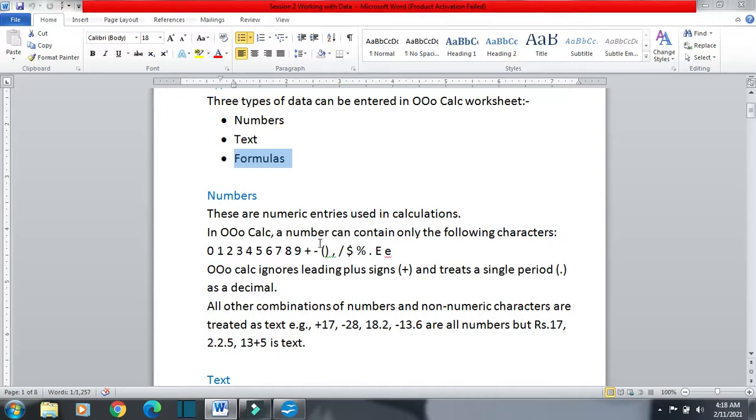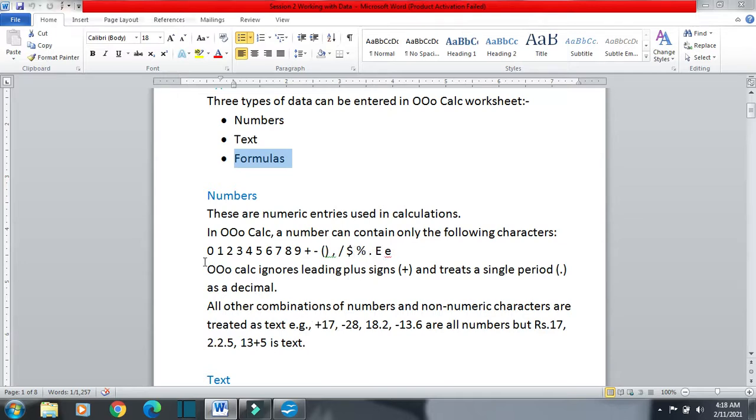They are basically numbers and they are used in calculations. In OOO Calc, a number can contain only the following things: digits from 0 to 9, plus sign, minus sign before the number, bracket, comma, slash, dollar sign, percentage sign, single period, E.